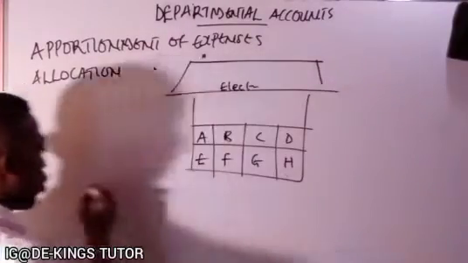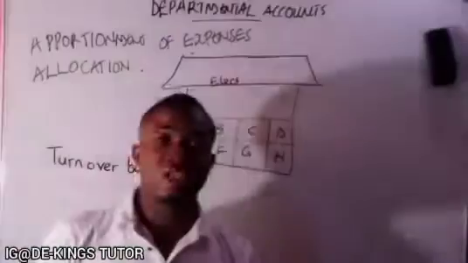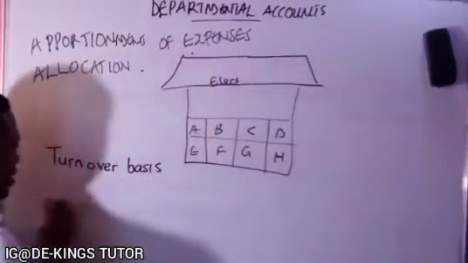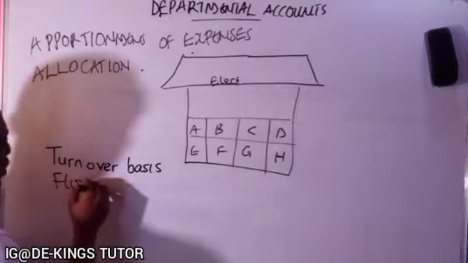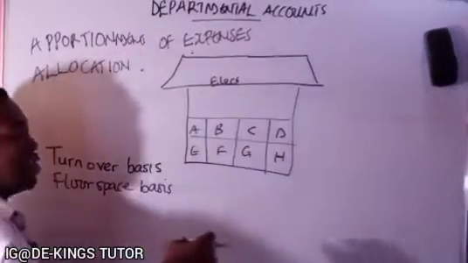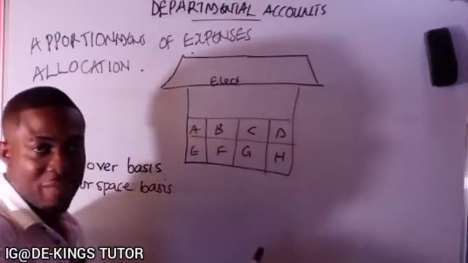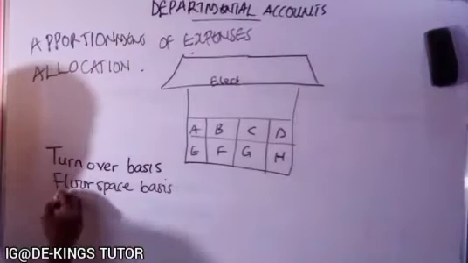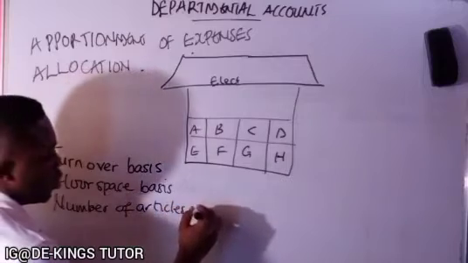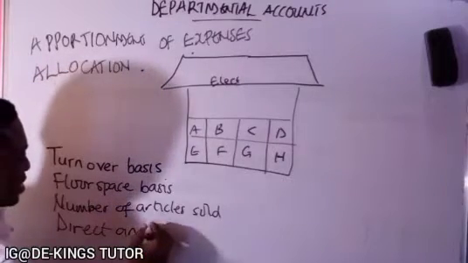Apportionment. We have the first one, the turnover basis. This is based on the number of goods sold, the number of sales made. We also have the floor space basis. The floor space basis is based on the area that is occupied by the department, the area covered by the department. We also have the number of articles sold basis, and we also have the direct analysis